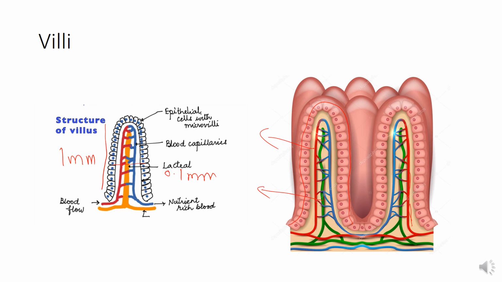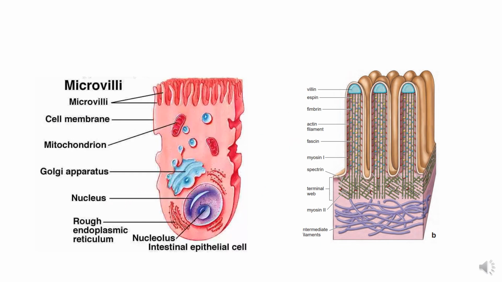The intestinal villi contract and shorten intermittently owing to the activity of the smooth muscle fibers, which continue into the muscularis mucosae of the small intestinal mucosa. These rhythmic movements of villi are important for absorption. Now the microvilli: the enterocytes lining the intestinal villi bear microvilli on their apical surfaces. As I have told you before, this is an enterocyte and they are bearing microvilli on the apical surface.